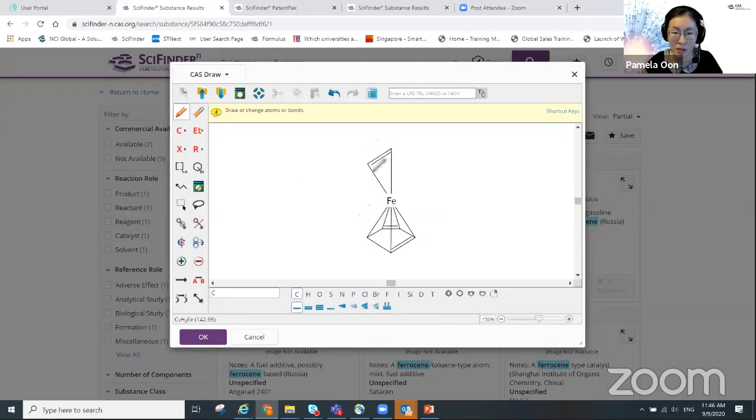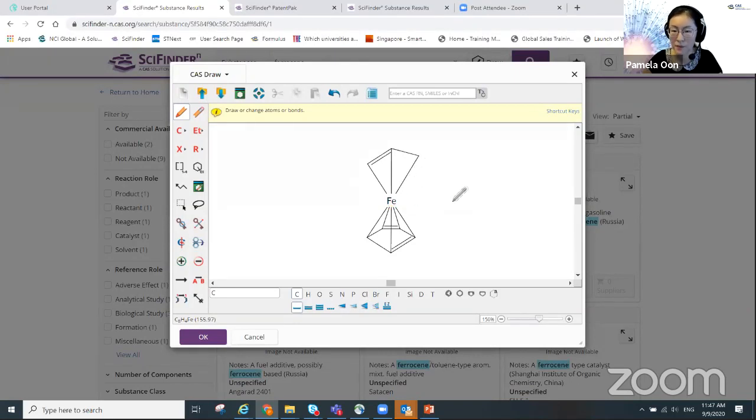Okay. So if your pi bond is not an LL group, and I extend it by one more carbon, then for an LL ligand, this double bond will now be delocalized across these 3 atoms. So if you want to draw a coordination bond from an LL ligand to the metal center, you just need to add an additional bond from this donor atom or this ligand atom to the